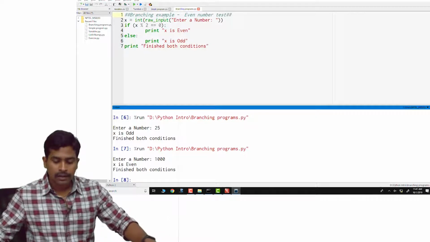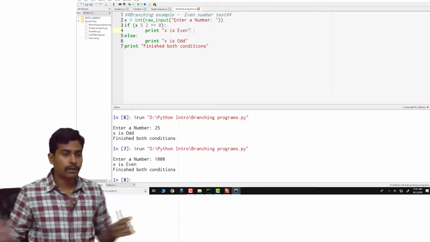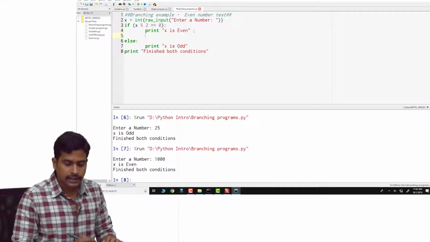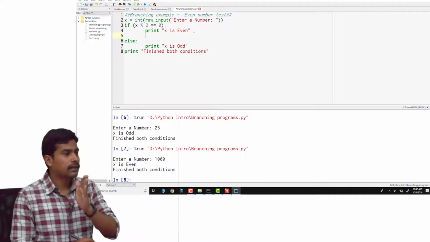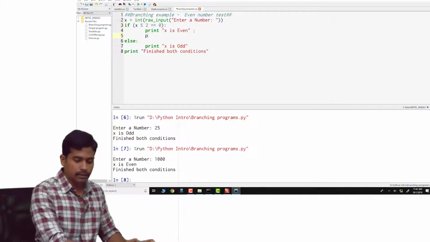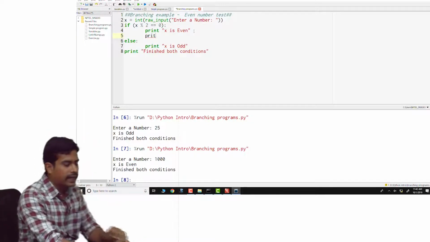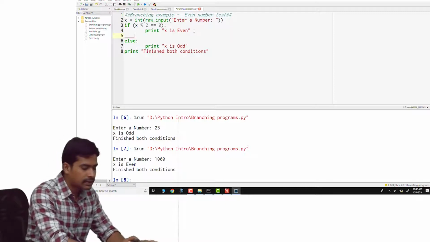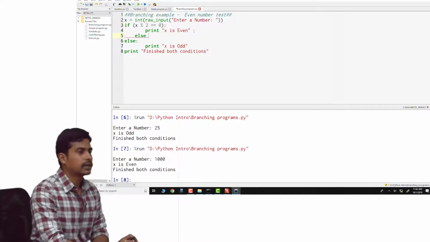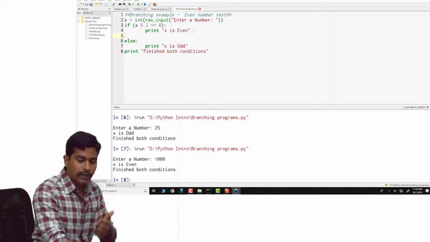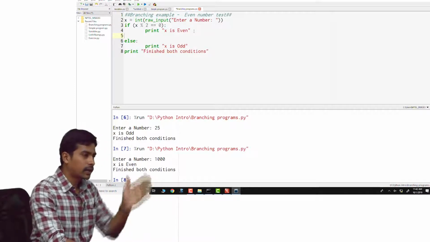Another thing I want you to notice is that after you write this statement, if you press enter, the cursor is still at this point, it has not moved to the starting point. So if you write else here, it won't work. In order to write the else statement, you have to come all the way to the starting and then write.